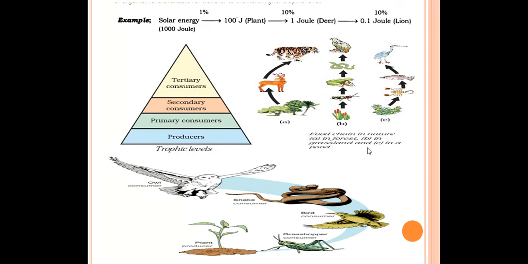Next you can look at the food chains over there. In a forest, plants will be eaten by the deer, and deer will be eaten by the lion. Next, this is the example of grassland. Grasses will be eaten by the insect, insect will be eaten by the frog, frog will be eaten by the snake, and snake will be eaten by the eagle. And one more example given over there is the pond. Aquatic plants will be eaten by the crabs, and those will be eaten by the fish, and that will be eaten by the ducks and those things. Okay, so these are examples of grassland, forest, and pond. This is also one of the examples. Plant is eaten by the grasshopper, grasshopper is eaten by this bird, this bird is eaten by the snake, and snake is eaten by the owl. Okay, so this is also a food chain.